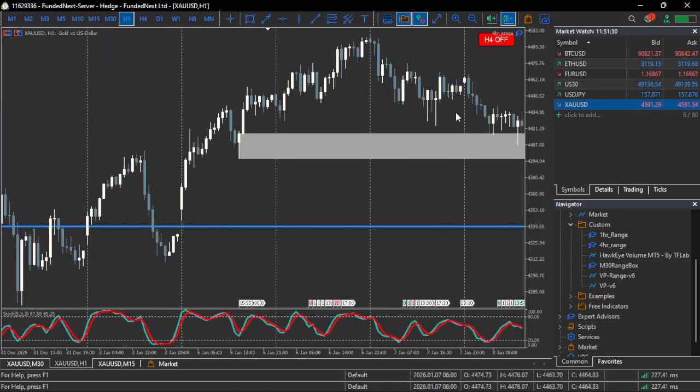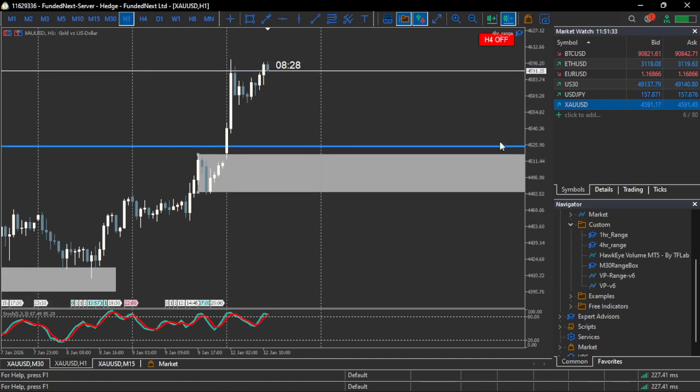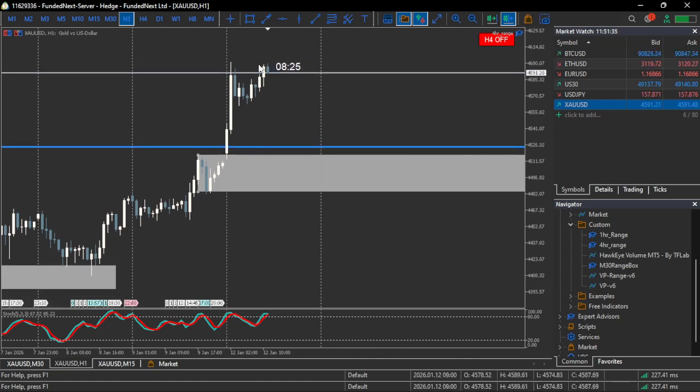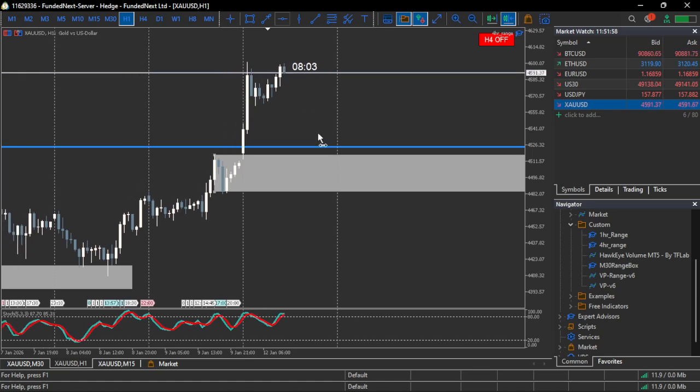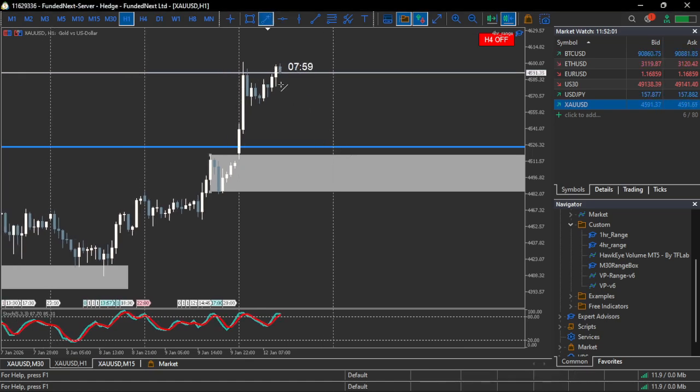Let me look at the 1 hour time frame. Yeah, that's basically what you should be expecting. You should either be expecting a retracement from here to here, so that you can enter in the New York session. If it actually gives you that in the New York session, you can do that. If it doesn't give you that, and it keeps on consolidating, then you position yourself to go longer, because maybe they are building position. But one thing that I'm highly anticipating is that they are going to come down over here. Like I said, they're going to come down over here and move up from there, right? So you should take that into consideration.